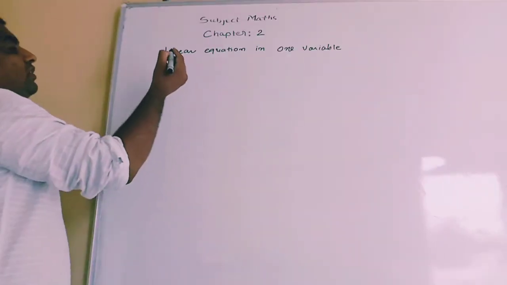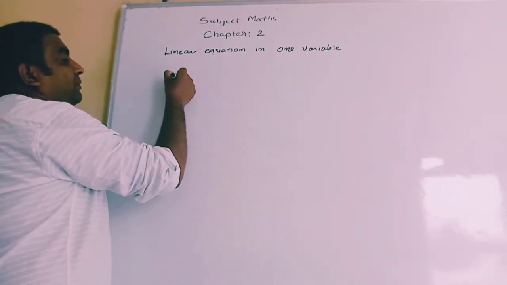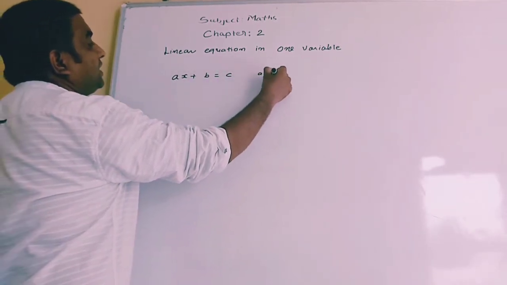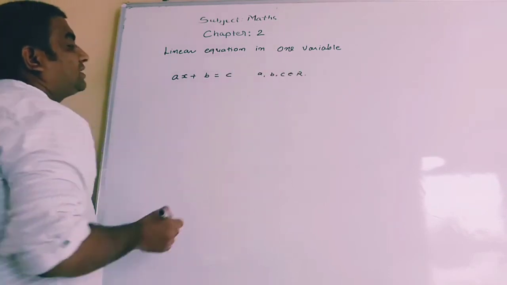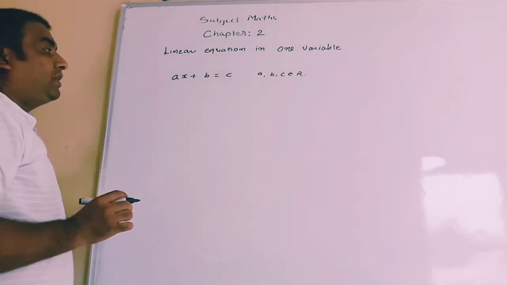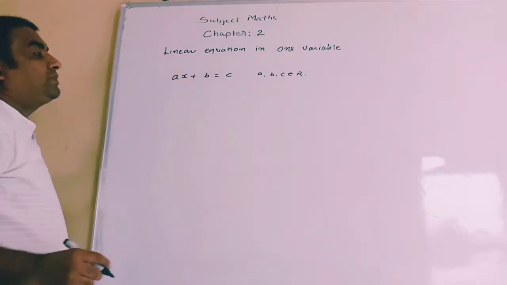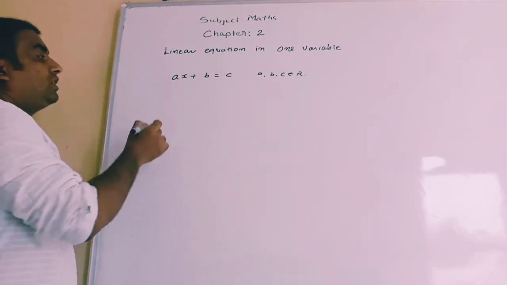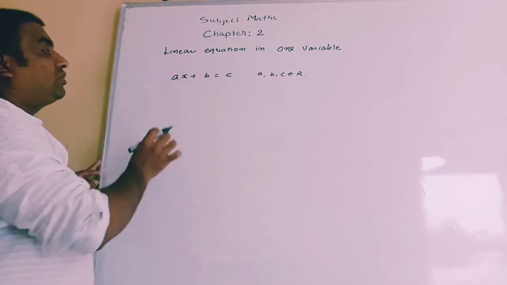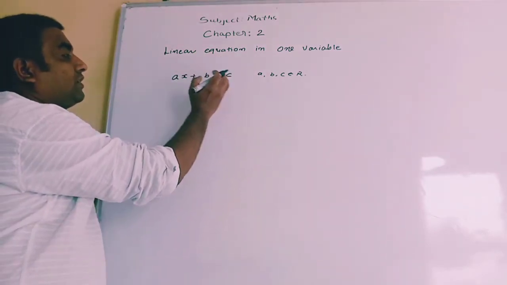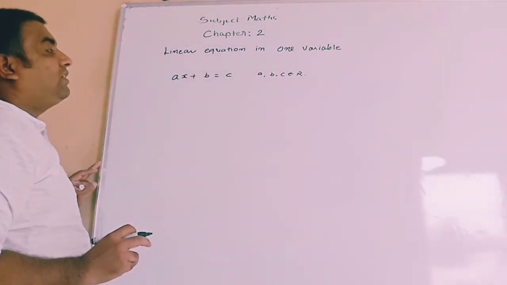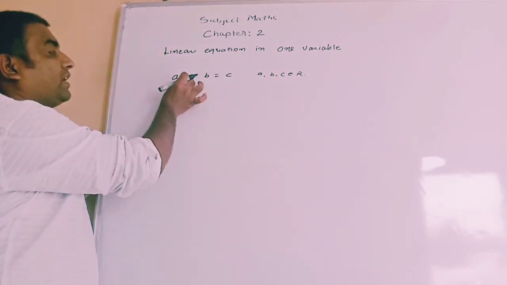So first we will study only one side variable containing equation, means ax plus b equals to c, where a, b, c belong to R, means a, b, c are any numbers and x is a variable. So solution of ax plus b equals to c we want to find out. For that, whenever we want to find the variable x value, other numbers will be transposed from left hand side to right hand side, or right hand side to left hand side, and we will solve the equation. We will separate the variable x.